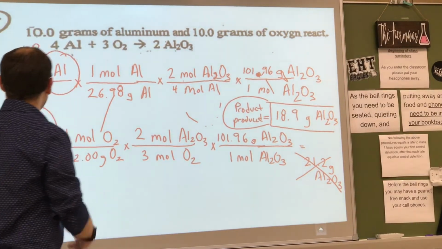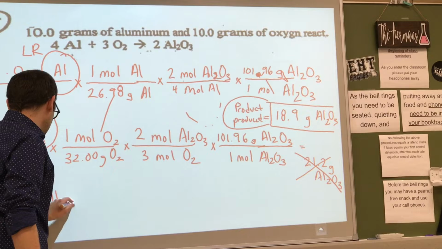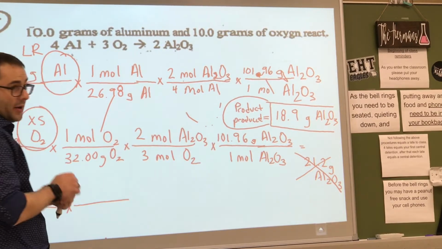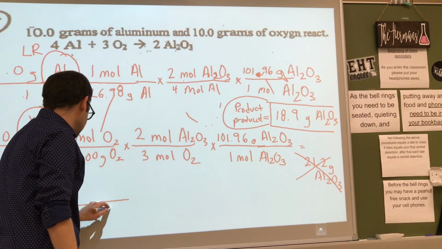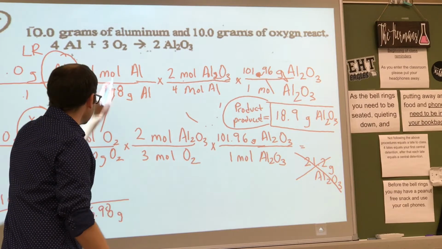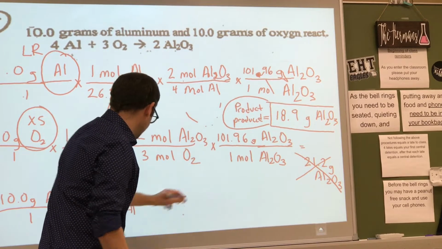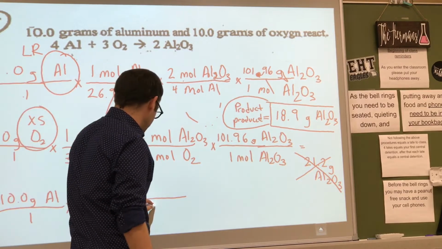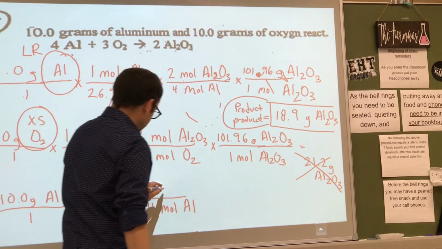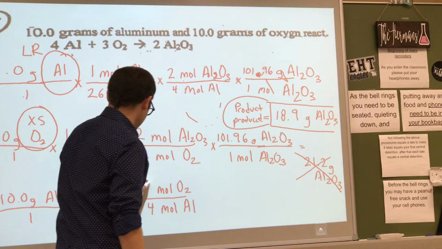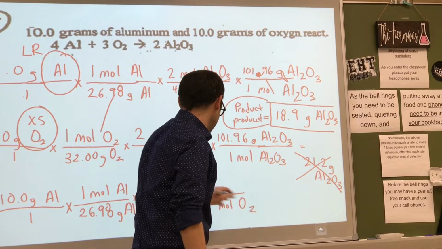What do we start with? Good, yeah, 10 grams of aluminum. We start with the limiting reactant, and then we're going to convert this eventually all the way into what? Yeah, the excess, right? Okay, so let's do this. And you don't have to look at the periodic table because you know the molecular mass of all this stuff because you wrote it up here somewhere. So first we're going from grams to moles. All right, then we're going to do the mole switch. There's 4 moles of aluminum. All right, on the top, what are we going to again? Good, oxygen, all right. There's 3 moles of oxygen. And then we want to go to grams of oxygen, so 1 mole oxygen, and then 32.00